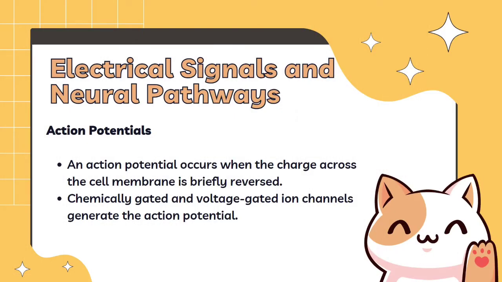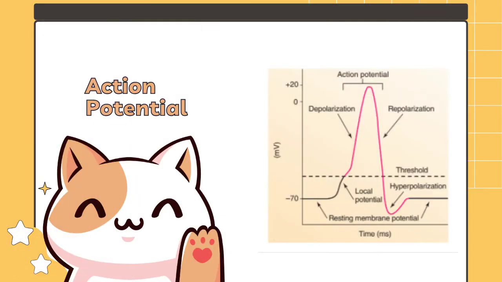Now let's proceed to the action potential. An action potential occurs when the charge across the cell membrane is briefly reversed. Chemically gated and voltage-gated ion channels generate the action potential. This illustration shows that once a local potential reaches the threshold, an all-or-none action potential is started. During the